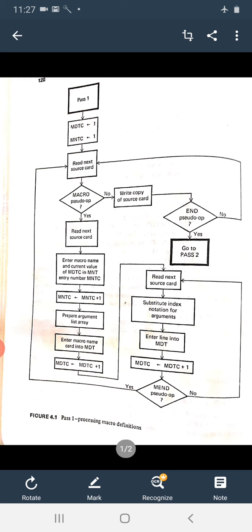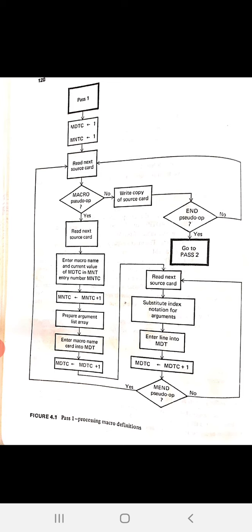And later we have to read the next source card from the source program, and we have to check the macro name table, enter the name of the macro and the current value of the macro definition table counter into the macro name table, and later we have to increment MNTC, that is macro name table counter, by 1.